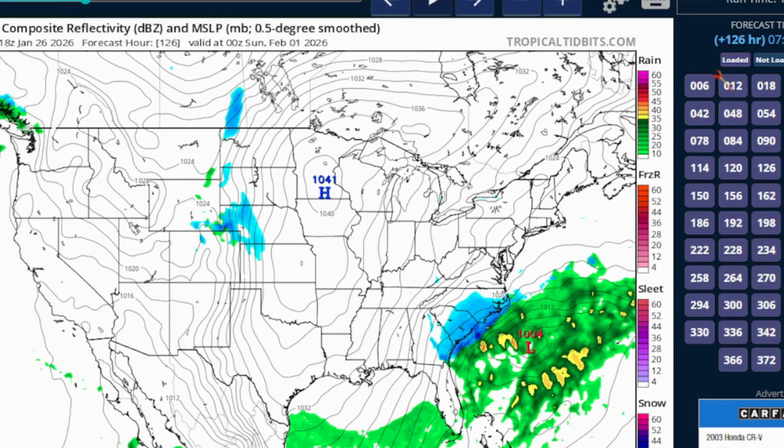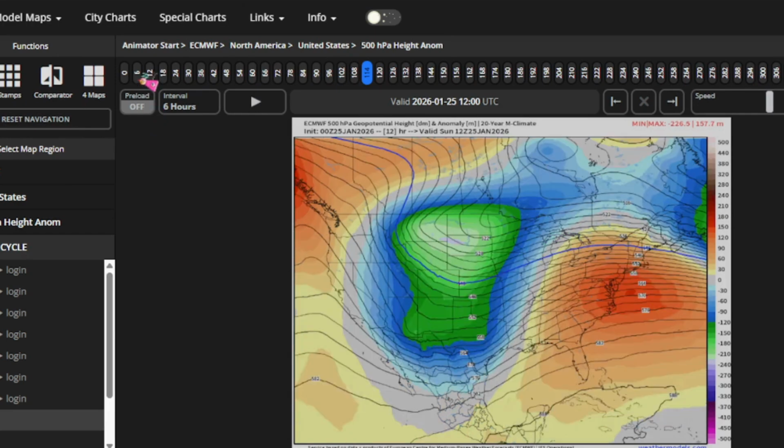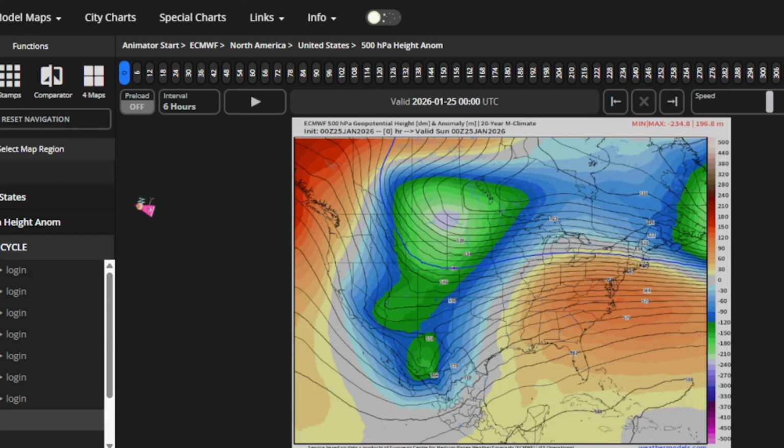So today we're going to be looking at the GFS model. Today we are getting a little bit concerned, but mostly just about the snow that has just passed. But anyways, let's get started. So here we are looking at this model. As you can see, I am using the European model.